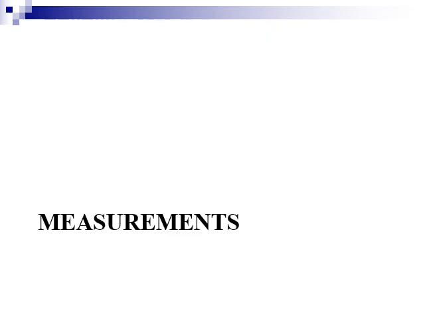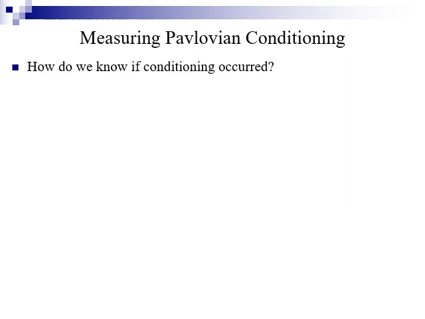This next section covers the measurement of Pavlovian conditioning. So there are two different parts to this measurement. The first part to this measurement is, how do we know if conditioning has occurred? Well, what we can look at is, when does the response occur? So the latency between the presentation of the CS and when the response happens.